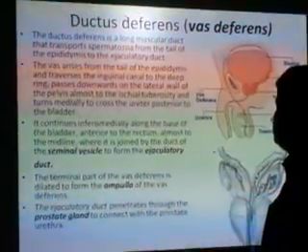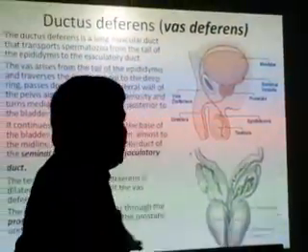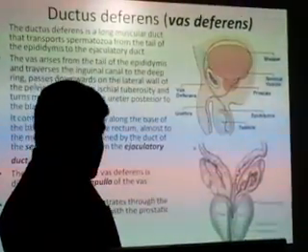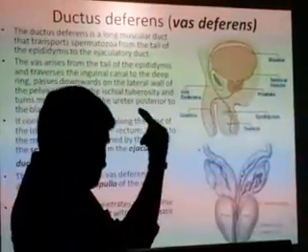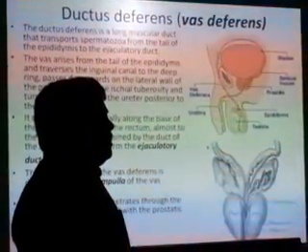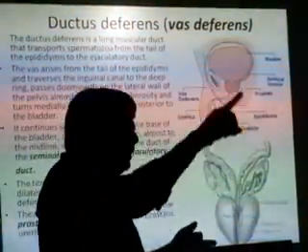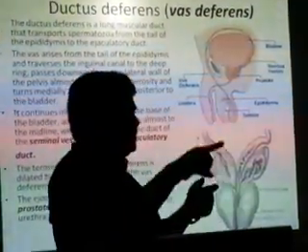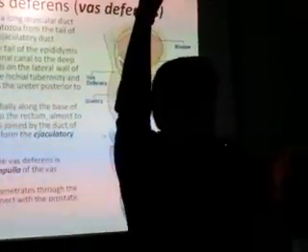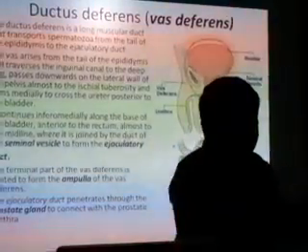Then the vas deferens, as said, begins from the tail of the epididymis at the inferior pole of the testis, and then runs upwards. Does it complete the epididymis? Completes means the tail of the epididymis joins the same duct. It's a single duct only; we are just naming it in a different way. Like your artery here: here we call it the axillary artery, here we call it the brachial artery. It is actually the continuation of the same tube. It is also the same tube right from the epididymis.